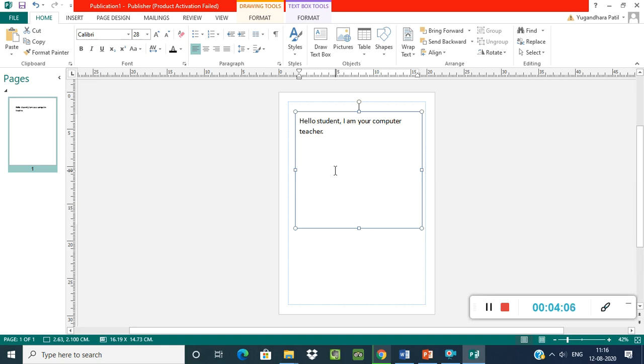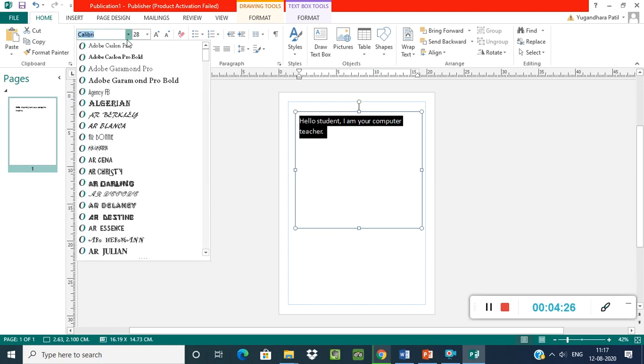Now how to format text here? See, first you need to select the text which you have to format. Okay, after selecting the text, you can see the Font group is available here. You can change the font style from here. Which font style you want, you can select it from here.